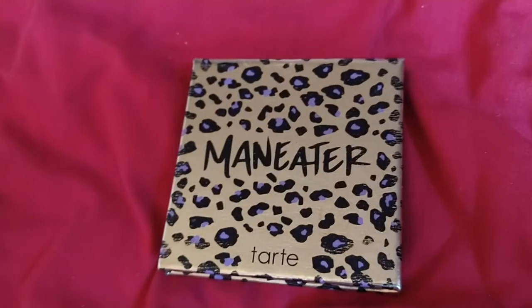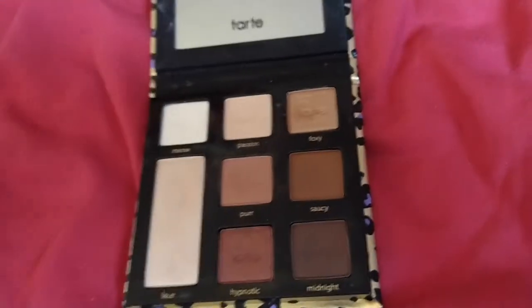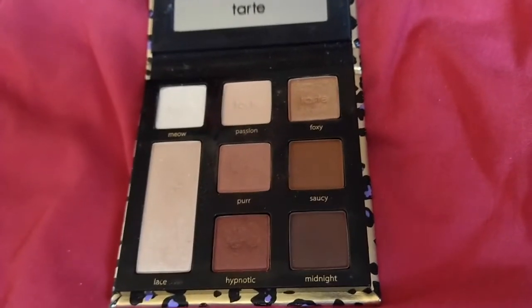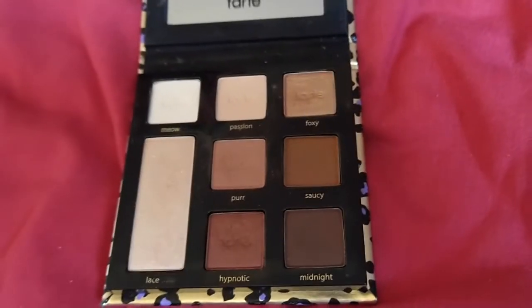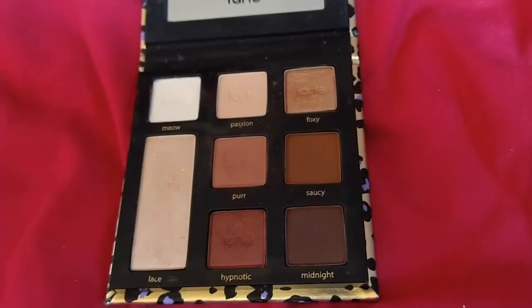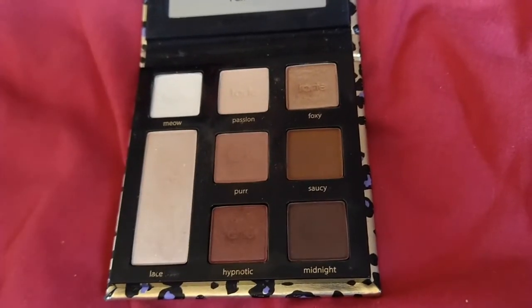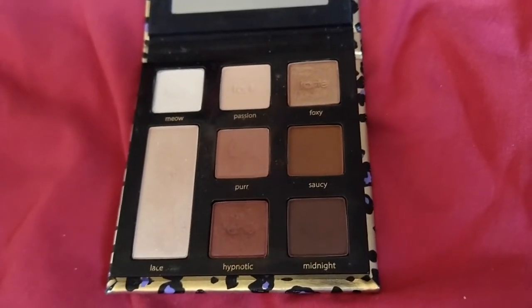The next one is for a date. So I picked the Tarte Maniac palette. The reason why I picked this palette is, I think I might have said it before, but when you go on a date, especially if it's the first date night, it's important to wear makeup that's minimal. You don't want to overdo it because